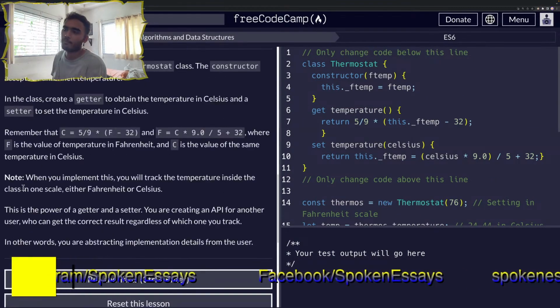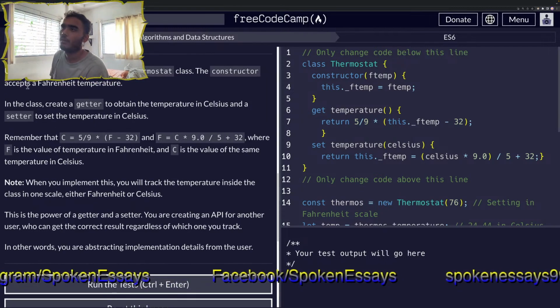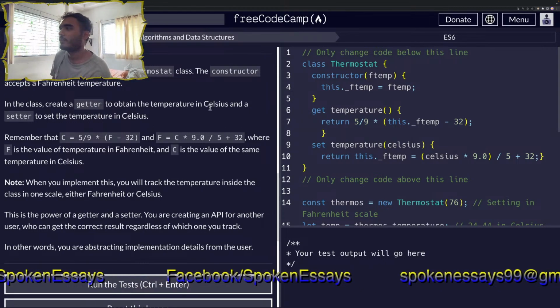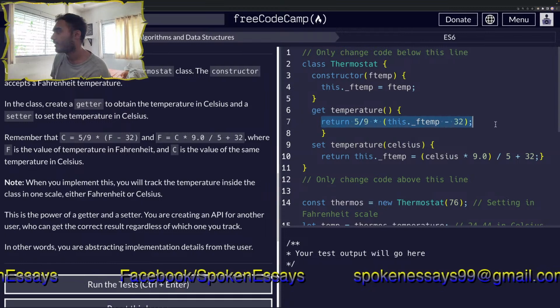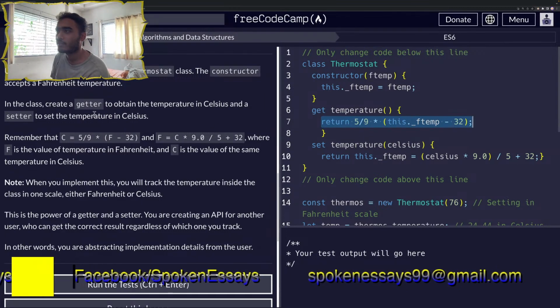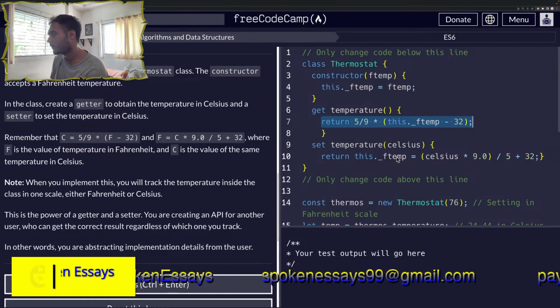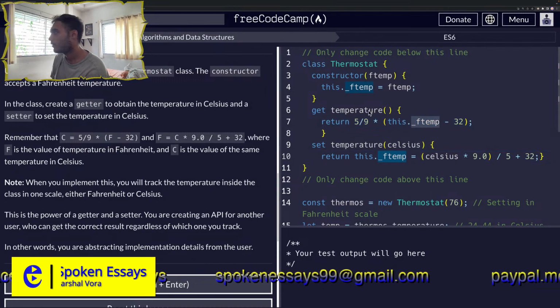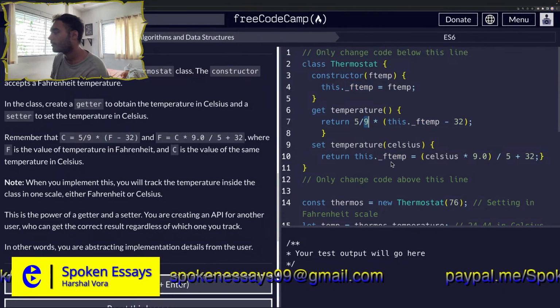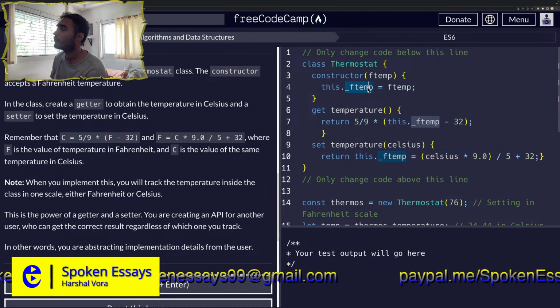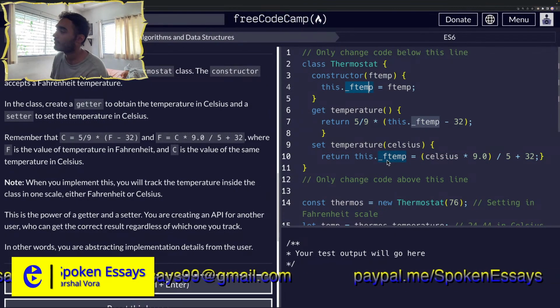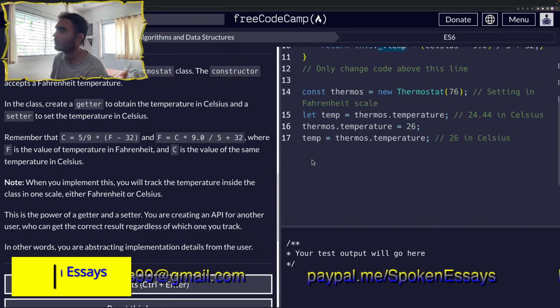पढ़ते ना function का काम क्या था? In a class created to obtain the temperature in Celsius, so we obtained it in Celsius and set the temperature in Celsius. एक में obtain है और एक में set है, तो ये लेंगे और फिर उसकी वैल्यू सेट करेंगे F में. Okay,